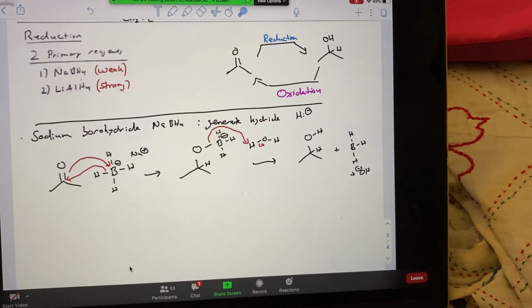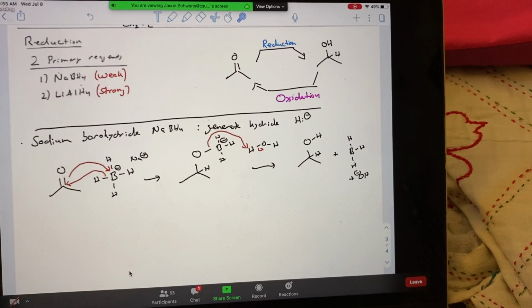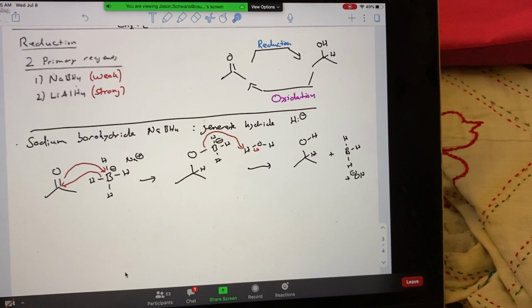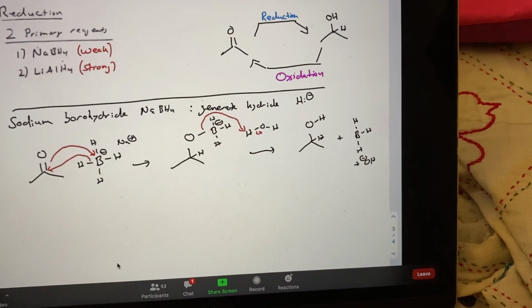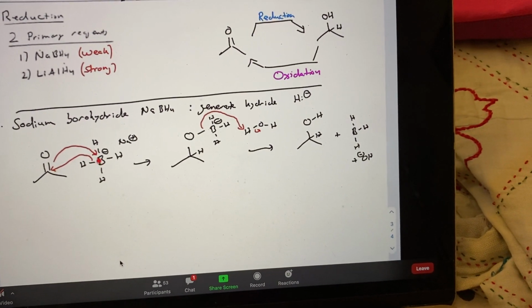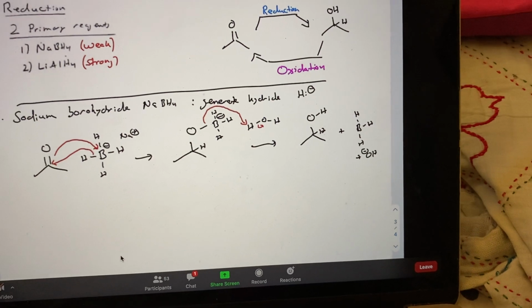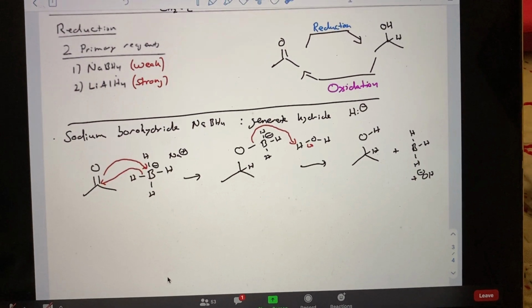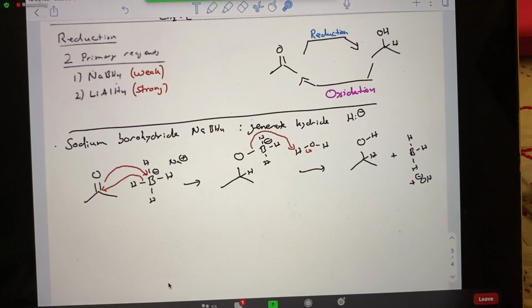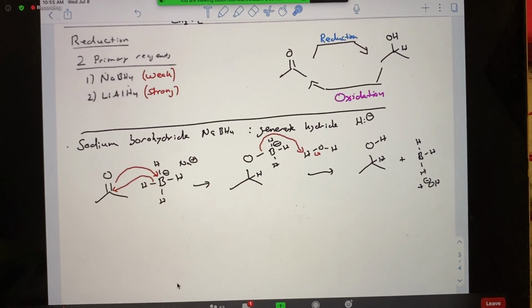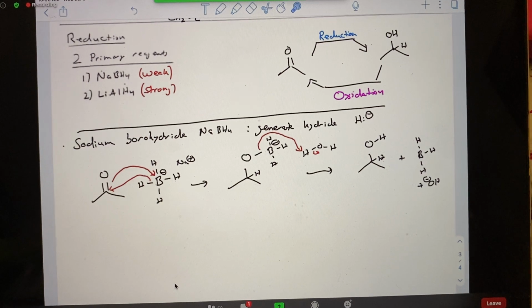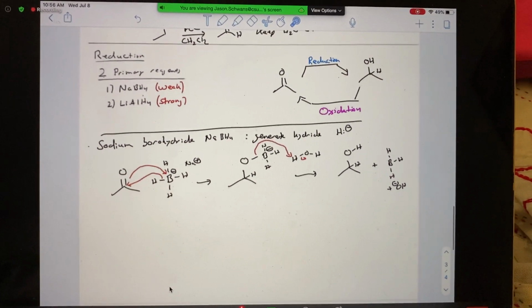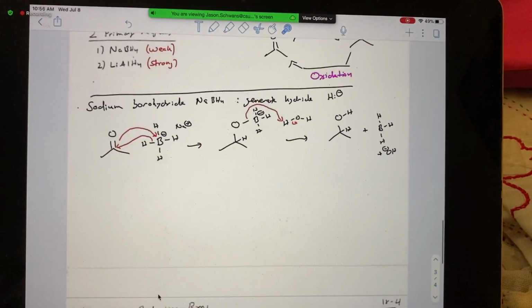So as Drake noted, they've seen sodium borohydride. What we're going to be seeing next time is lithium aluminum hydride, a strong reagent. We'll see that the mechanism for our purposes is going to be the same. It's going to replace boron with Al, but they'll be the same idea. And then we'll compare the two reagents as to why they have some differences in terms of their reactivity. So mechanistically, a little bit more complicated in terms of the arrows, but it should be the same idea. So I don't want to go over. And so next time, we're almost done here with the material. We're going to talk quickly